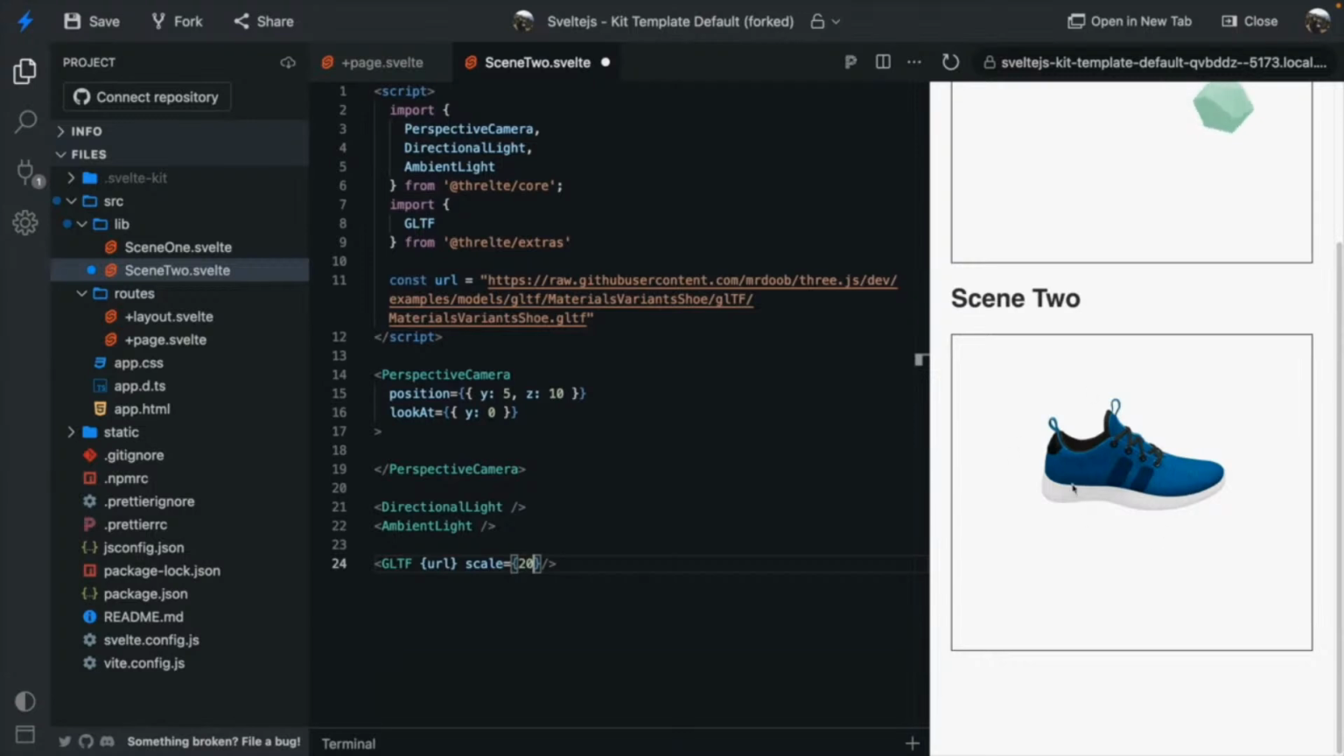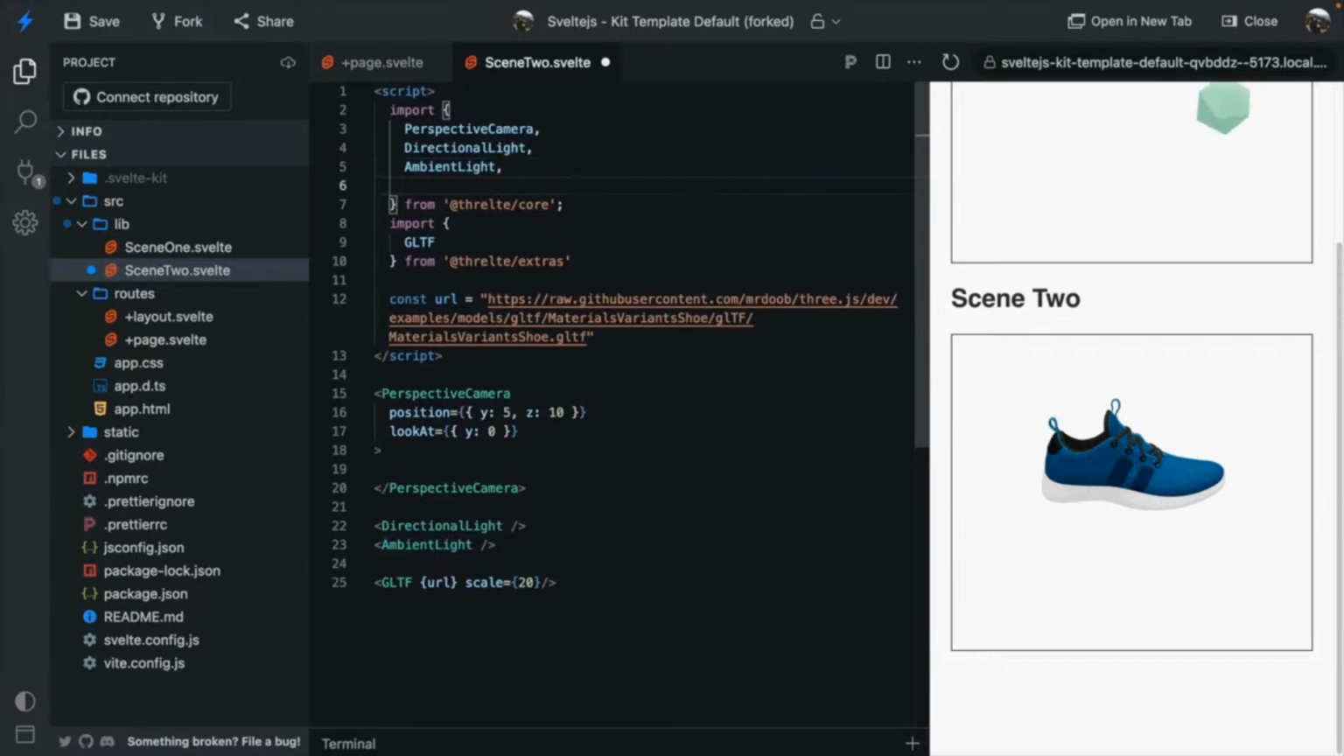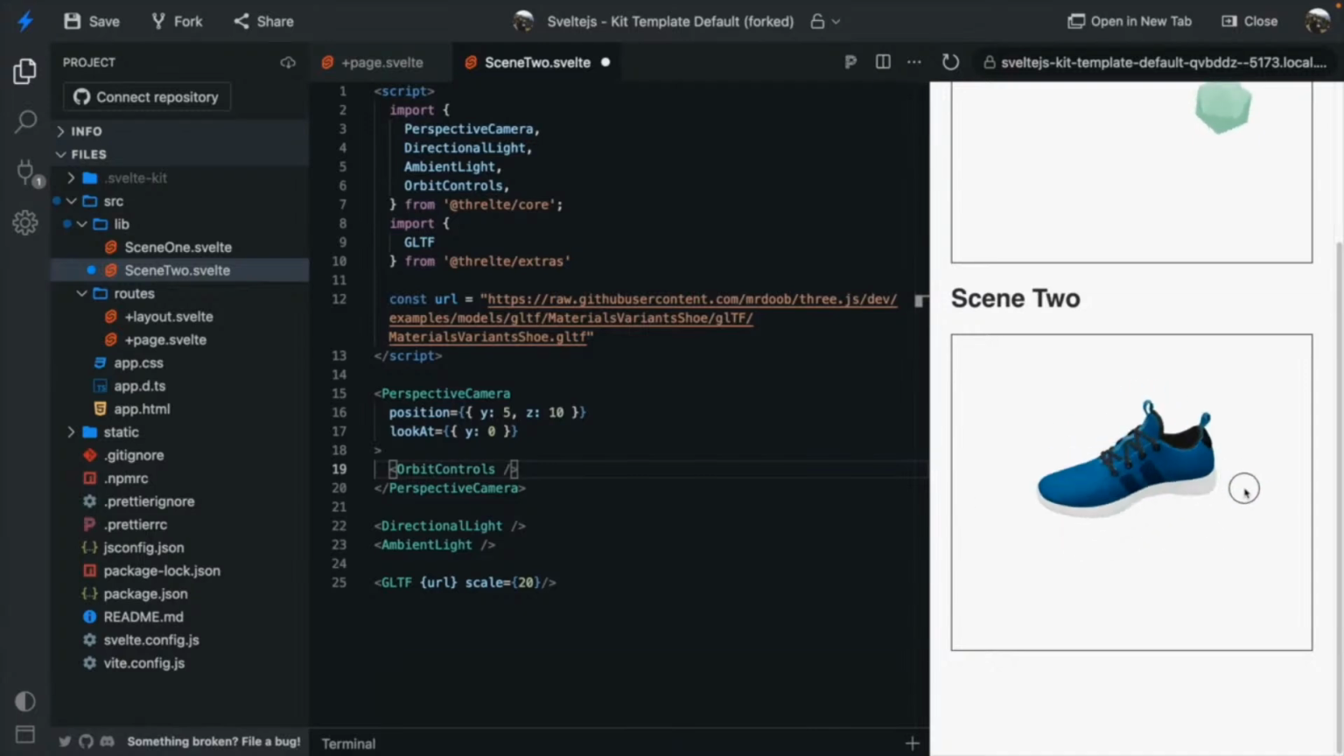Now, it would be nice if we could move around our scene to see all around the shoe and get an idea of where things are positioned. And that's something called orbit controls. And that's another component that comes out of Threlte core. You just have to make it a child of your camera. And then this gives you the ability to rotate, to pan, to zoom in and out. And it's just that component dropped in. And there are a bunch of properties you can use, like auto rotate, where it'll give you some default behavior